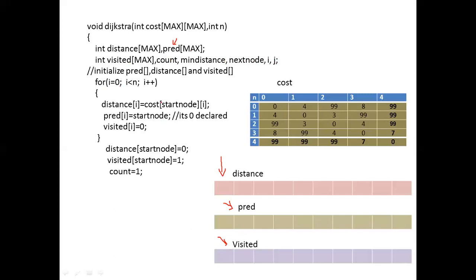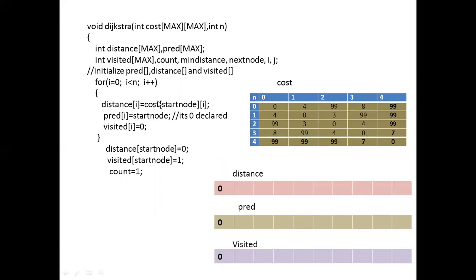So after this, now we can observe I have to copy this content, the weighted value, to the distance, predefined and visited. To do that, we are using a for loop. So now what will happen? Initially the i value is 0. If i is 0, i is less than n because the n value is 5. The condition is true. Once it is true, it will enter the for loop.